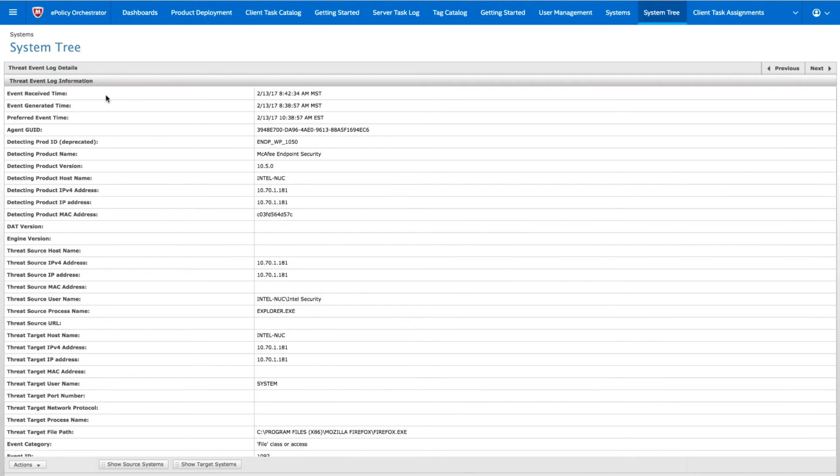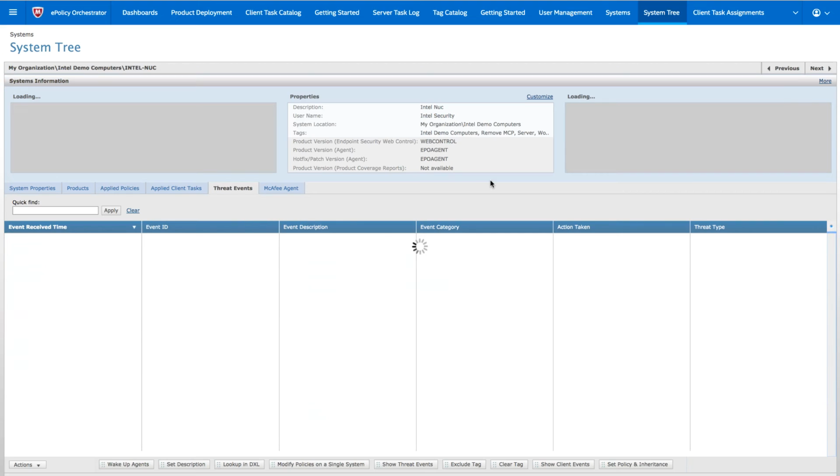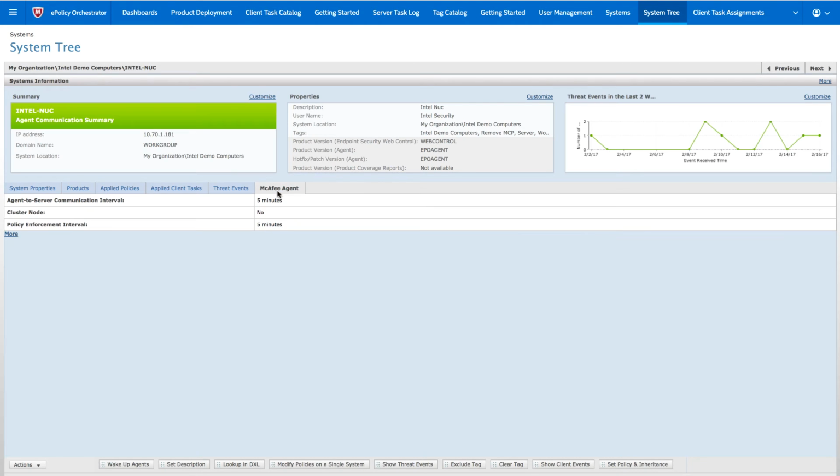So going back to our previous screen, we're going to take a look at the system again and all the different categories. We have our McAfee Agent. This is the agent that was put down to the endpoint at that first initial deployment, and we have our endpoint reporting back to EPO every 5 minutes. In my environment, I don't have very many systems, so I've decided to move it down to 5 minutes. The default is 60 minutes, so we don't have too much communication back and forth to EPO if you have